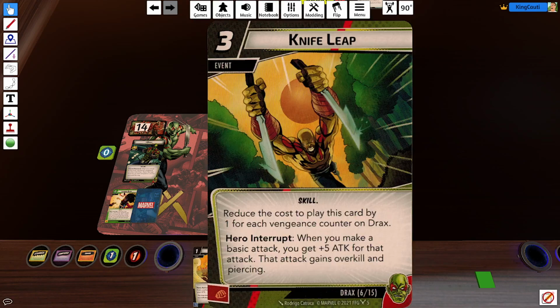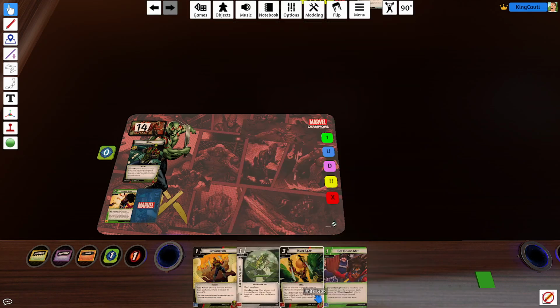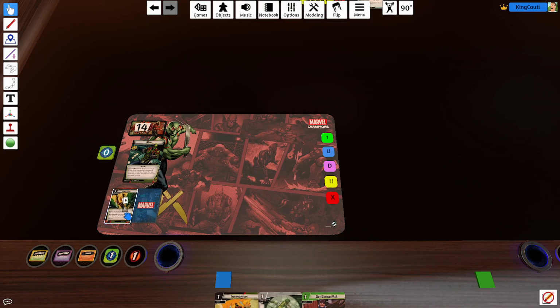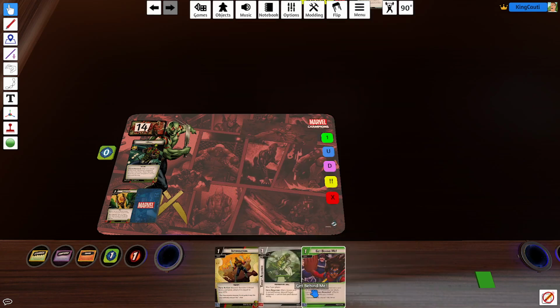Knife Leap. Reduce the cost. This also, I can tell right now, it costs 3, and we need Vengeance counters to really get good power out of it. So we are just going to bin that for right now. And this Get Behind Me, when a Treachery card is revealed from the encounter deck, cancel its when revealed effects, the villain attacks you instead. This card does seem actually really strong here in Drax. And I'm thinking I might keep it. I think like I might...